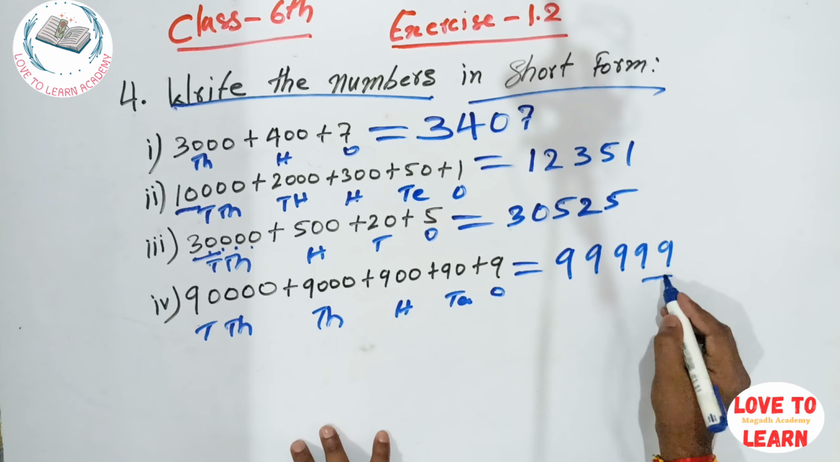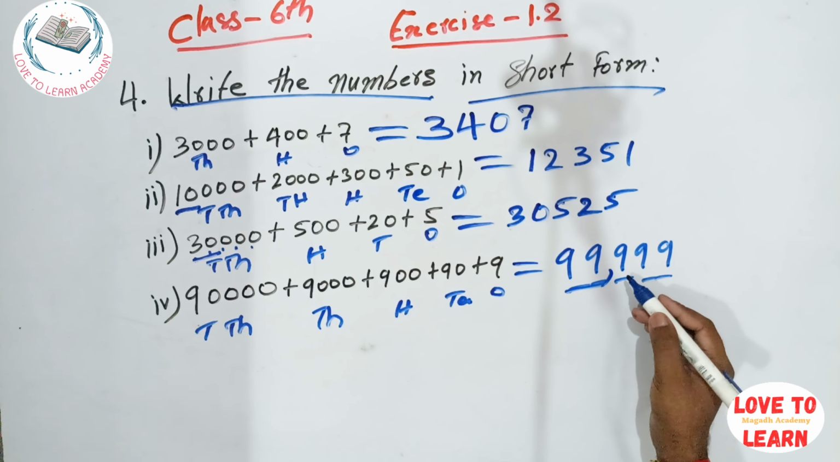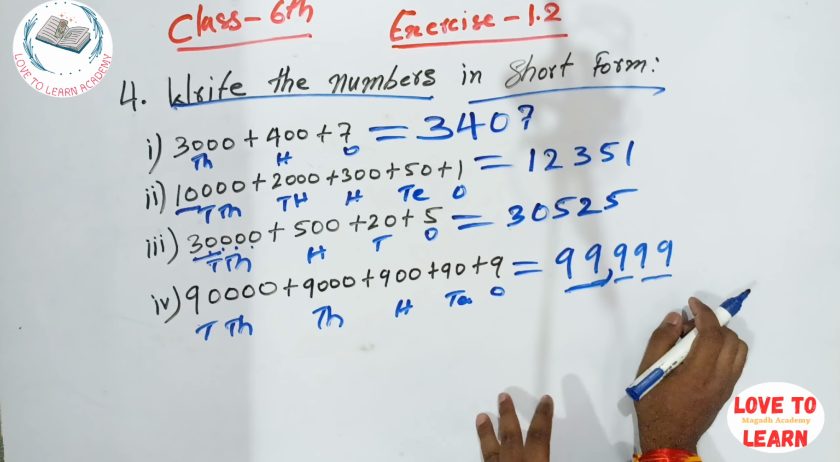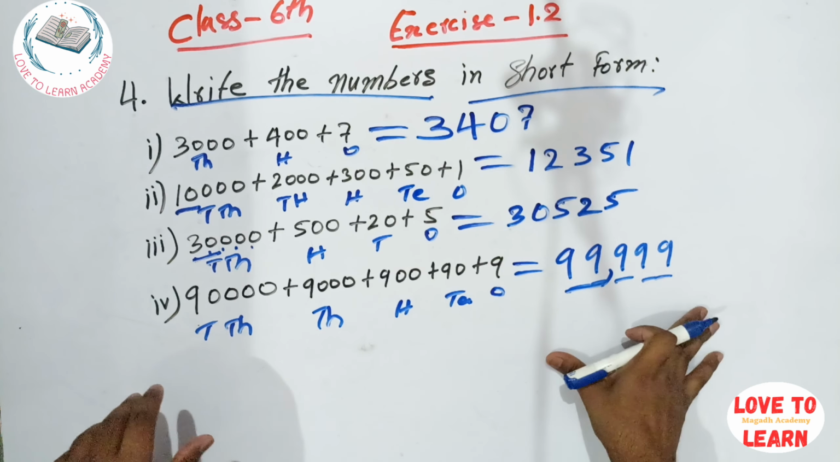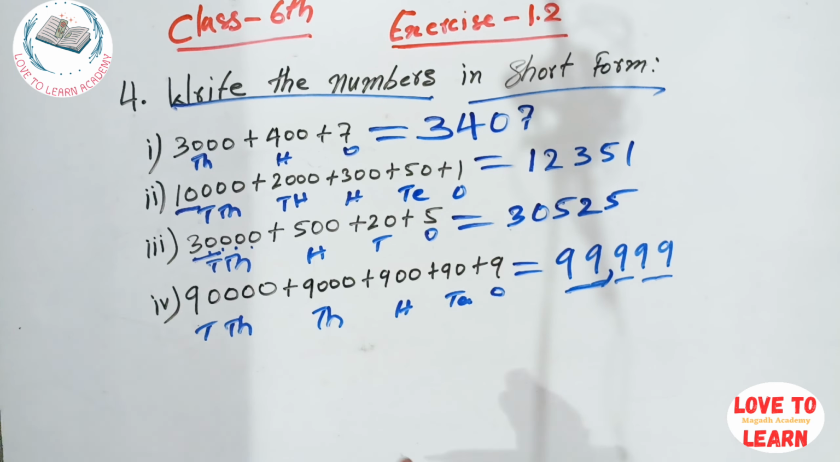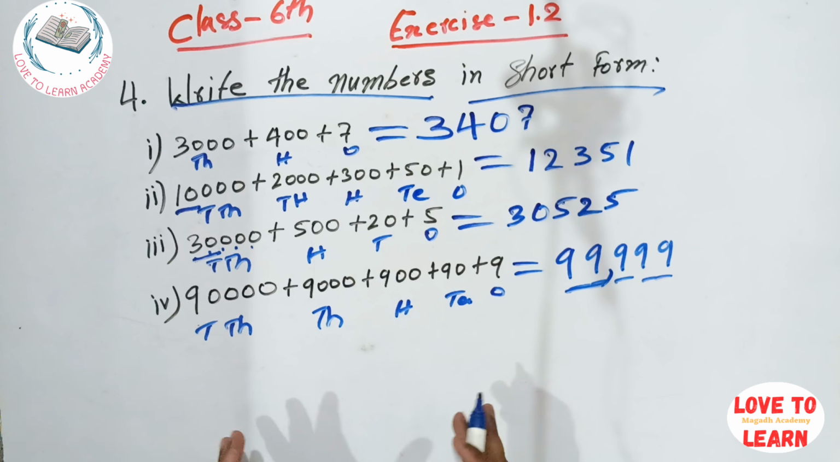If you count ones, tens, 100, 1,000, 10,000. This is a 10,000, and this is 99,999. Okay. It is in a short form. This question is expanded form, and we already have written it in that short form. Okay. Exercise 1.2 question number 4 is totally completed, and we will see the last question, which is present in